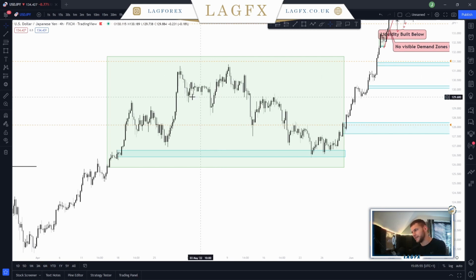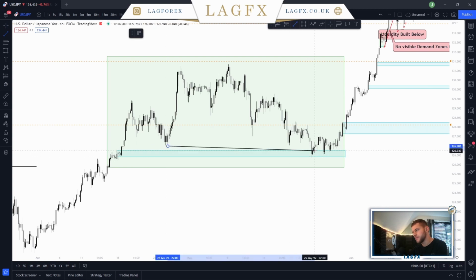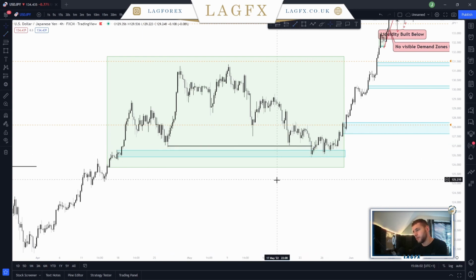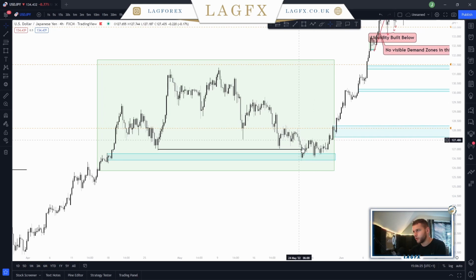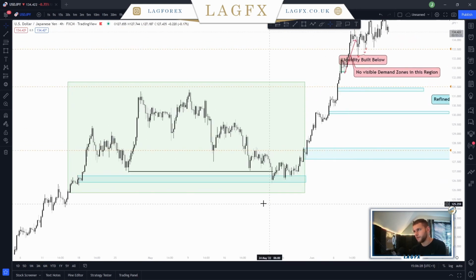And as I was talking about in the examples, what's going to happen is we're going to be delivered with a displacement. And this even caught me out. And what we're thinking is, right, we've been delivered with the displacement. Now is the time to go short. The market's reversing. We're seeing a distribution. This is the best possible time for us to go short and capitalize on the new markdown phase that is going to emerge. But we see that what's happened is, yes, we have displaced the market, but we've simply displaced it in order to mitigate a hidden demand zone to form the spring of the reaccumulation